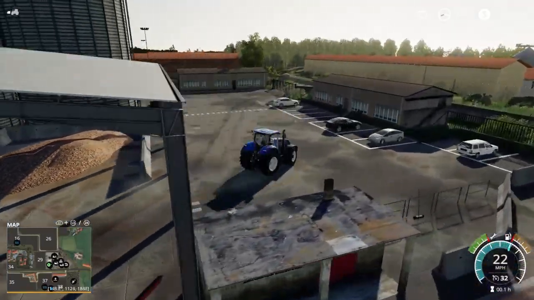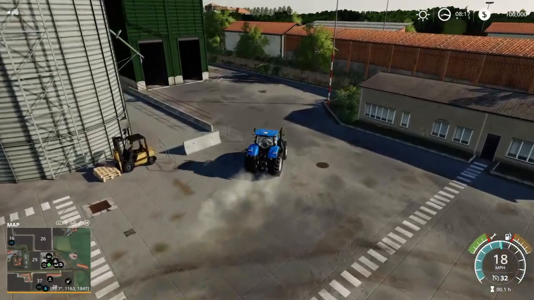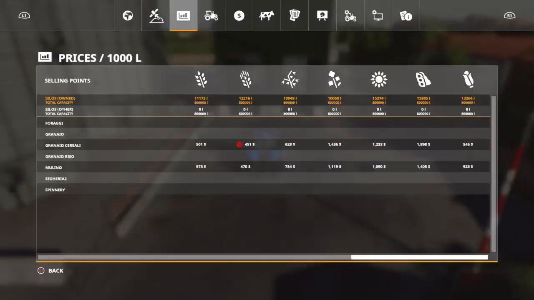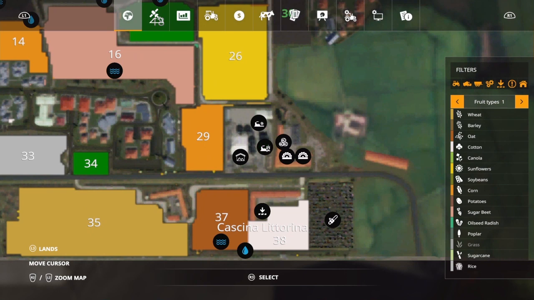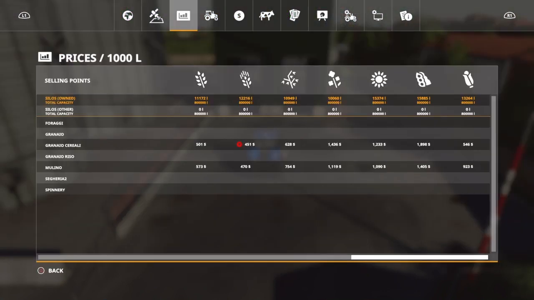And if you keep coming around over here, you're going to have another sell point option right here. So let's go and look on the map to see if there's a difference in the size, because we've seen that before. So we are actually already down here at this side. And if we click on this right here, it's going to say the grain selling complex. So if we come across,